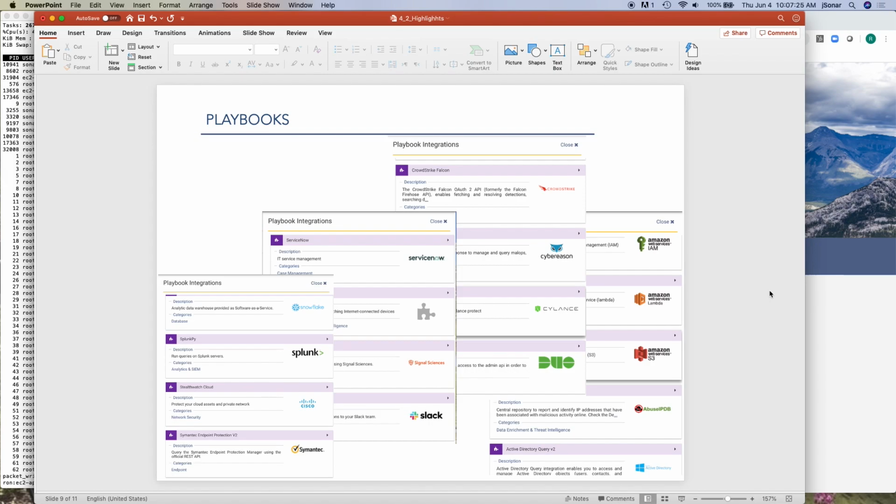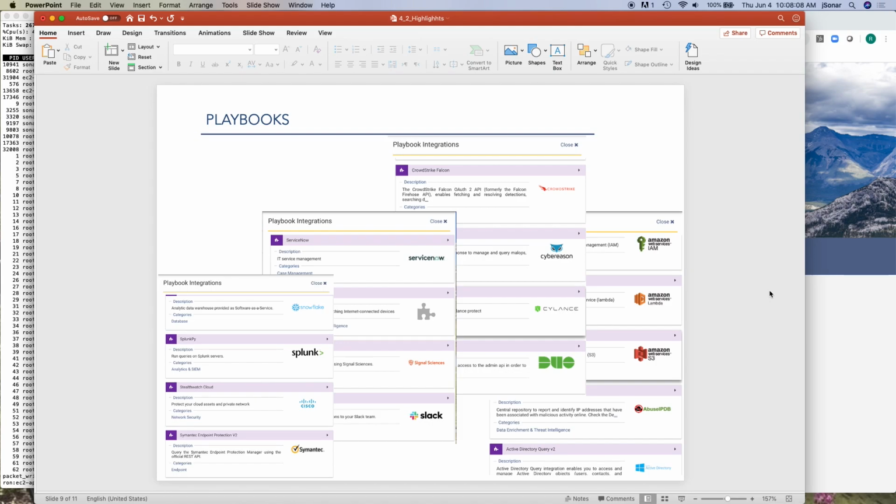The second probably biggest thing in 4.2 is playbooks. We started this in 4.1, but in 4.2 we made a huge leap. We have an action catalog of integrations. There are over 2,000 integrations in the system. Everything you can think of, from cloud APIs to other security tooling, and everything underlying the jSonar platform in terms of what it's doing is now structured as a playbook,